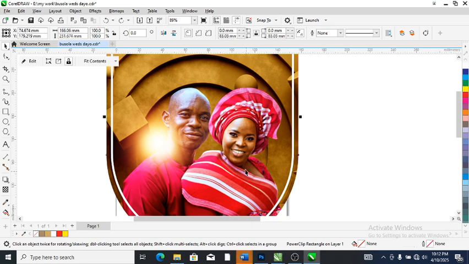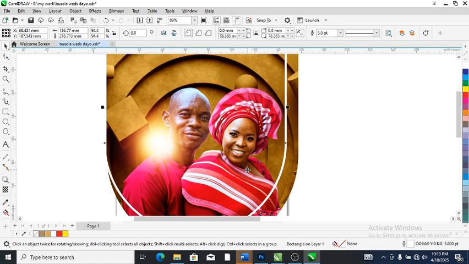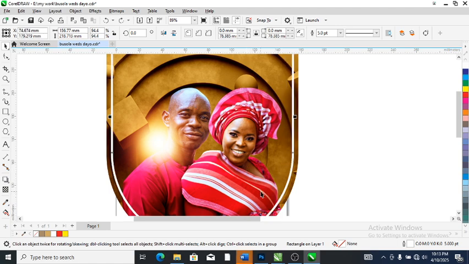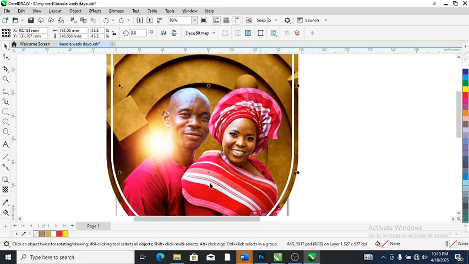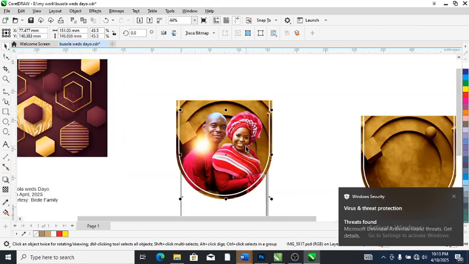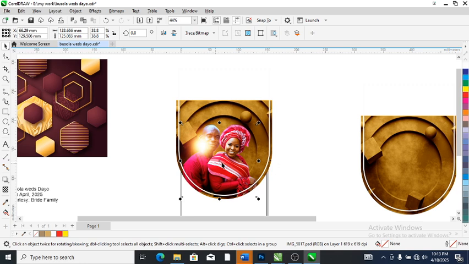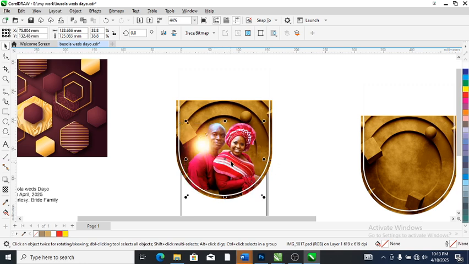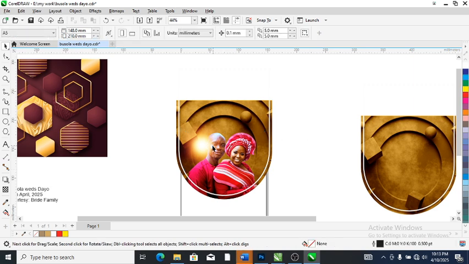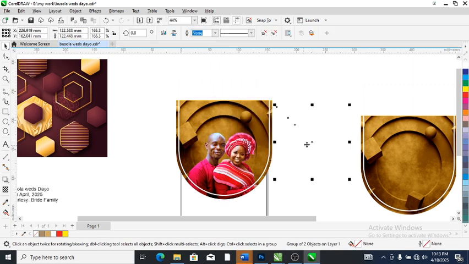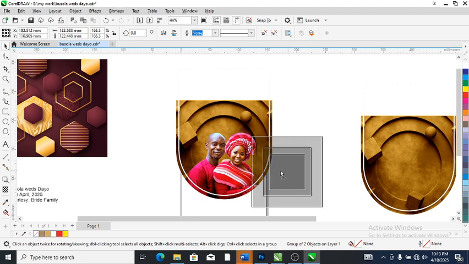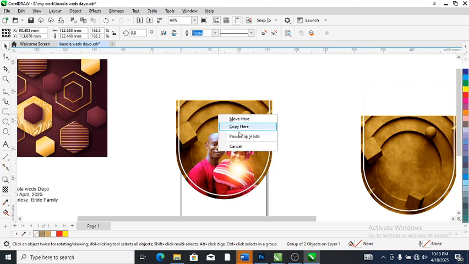This is actually mind blowing. Adjust it a bit. Good. So right now what we're going to be doing is to reduce it a bit, then position it all down. Good. So a bit downward. This is quite nice. So right now this image that we created, all we need to do is to power clip this into place, power clip,